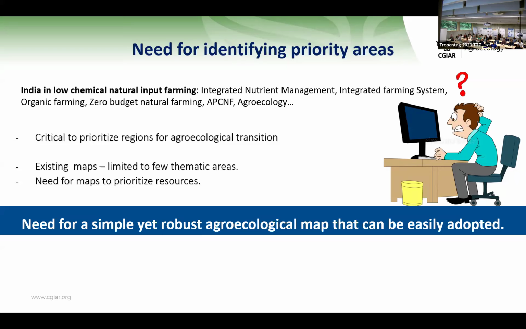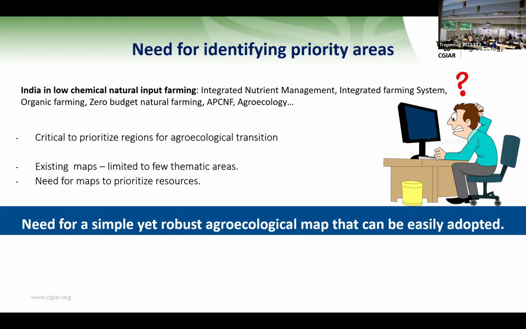One such example is Sri Lanka, where they did natural farming on a large scale, and it ended up being a disaster. While ensuring the food security of the country, we also need to maintain ecosystem services. Otherwise, while we are ensuring food security, we are destroying the ecosystem services along the way. Agroecology is a combination of various farming systems, which can be organic, regenerative agriculture, or natural farming. So it's a broader thematic area.